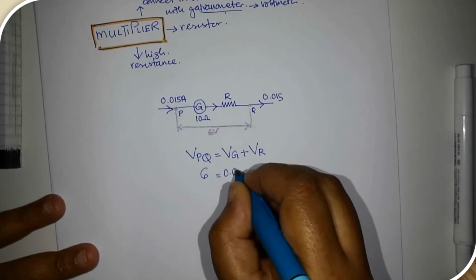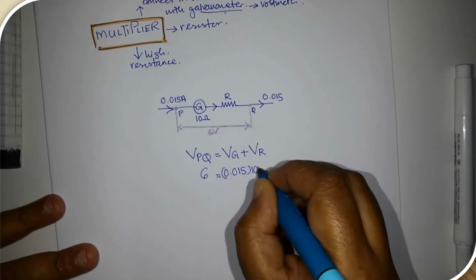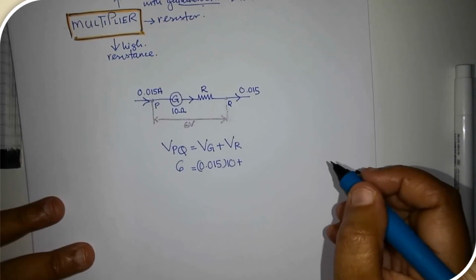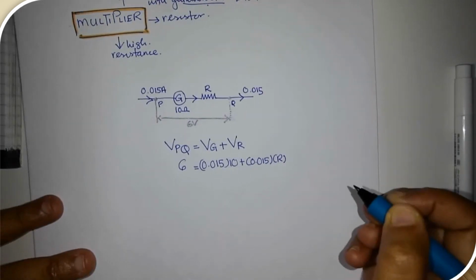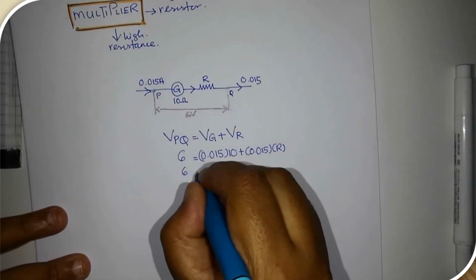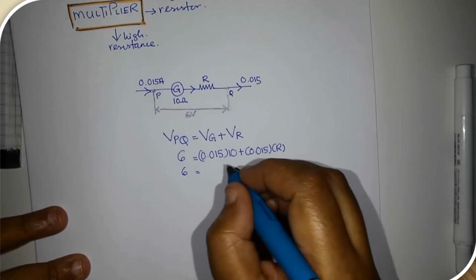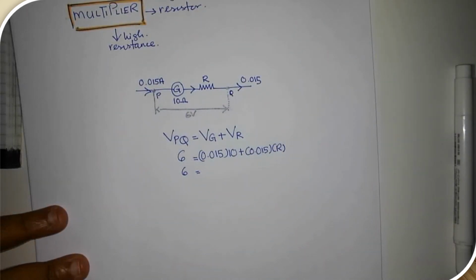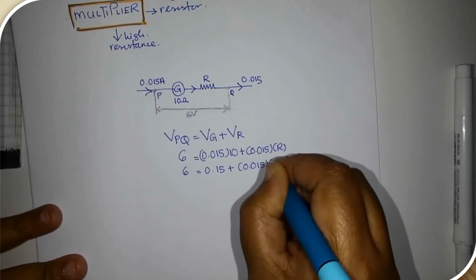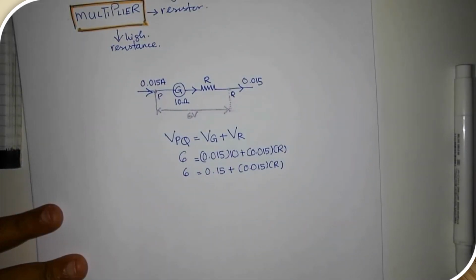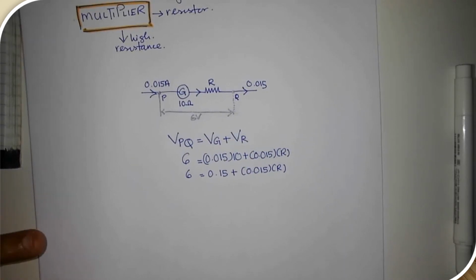I, which is 0.015, times 10, plus VR, which is I, same current, times R. So 6 equals, I take out 0.015, 0.015 times 10 is 0.15, plus 0.015 times R. So take this, 6 minus 0.15 is 5.85